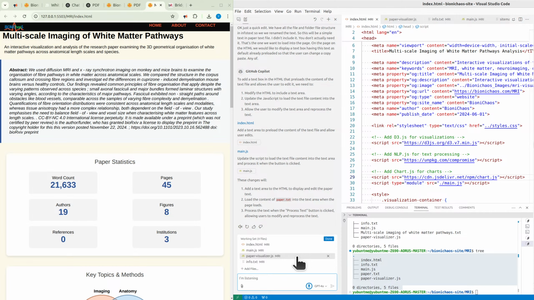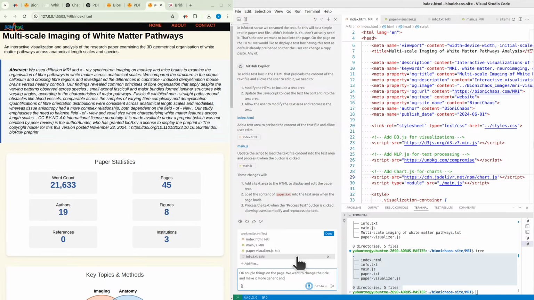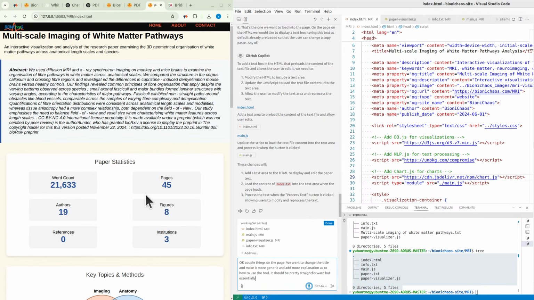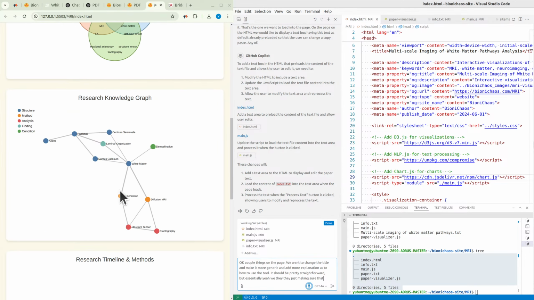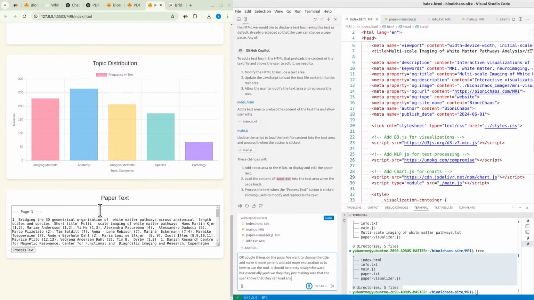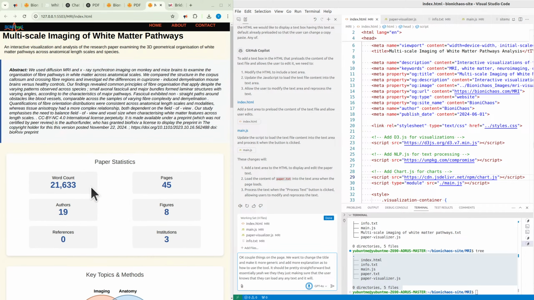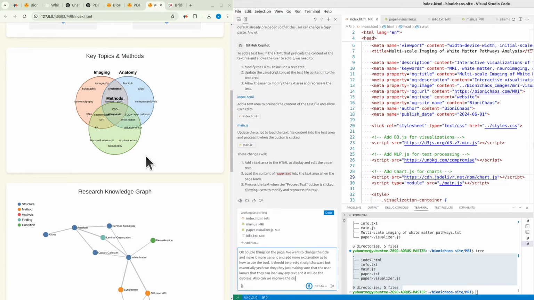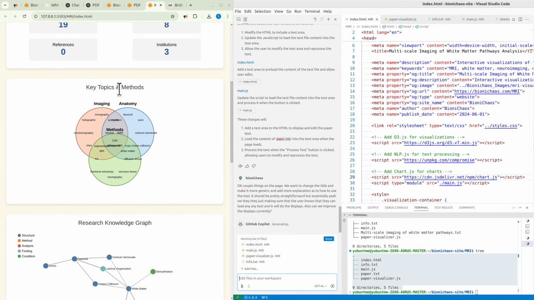Okay, a couple things on the page. We want to change the title and make it more generic, and add more explanation as to how to use the tool. It should be pretty straightforward, but essentially we're just making sure the user knows that they can load any text and it will do the displays. Also, can we improve the displays? Currently there is some the key topics,